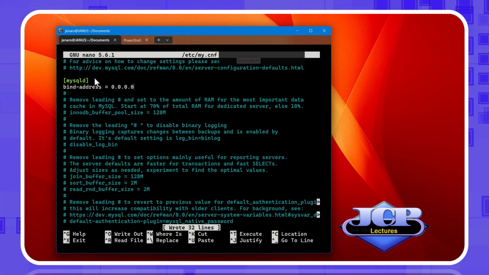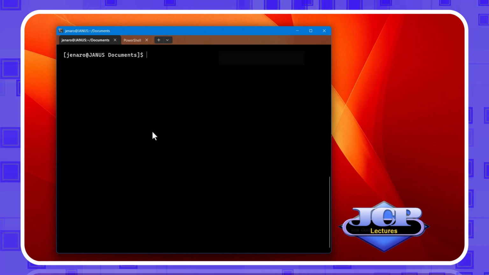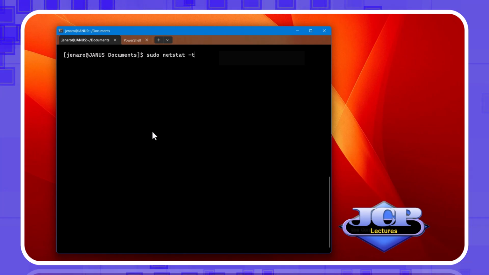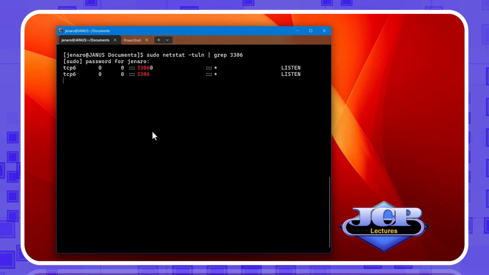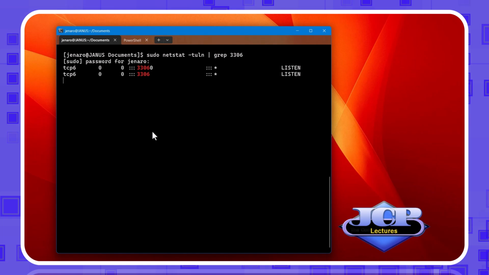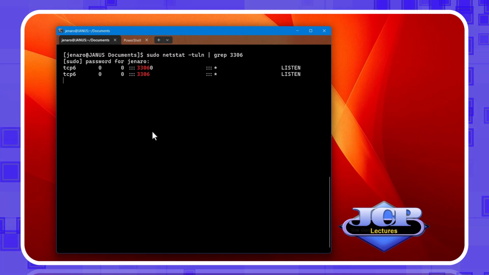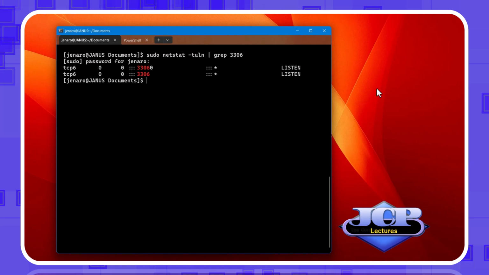Write the file. A third thing to do is run the command sudo netstat -tulpn | grep 3306. You must see that the MySQL server is using two ports for transactions: 3306 normally and 33060 with Protocol X. The first handles traffic with text and the second with binary code.